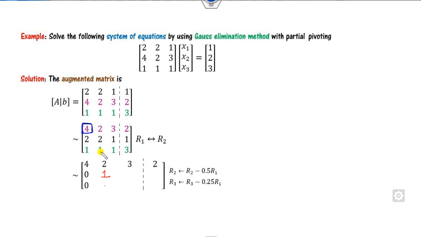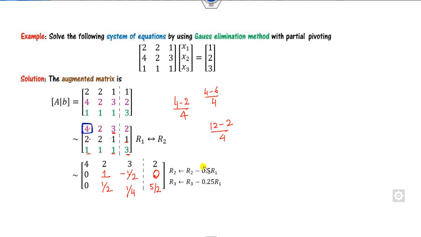Can you find this value? Previous value is 1, 4, 2 and 1. Start from the box element. It is 4 minus 2 divided by the box element. It is 1 by 2. Find this value. 4 minus 6, 4 minus 6 divided by the box element. It is minus half. This value, this value, this value. 4 minus 3, 1 divided by the box element. This value. Previous value is my 1. 4 minus 4, 0. Next value 12 minus 2 divided by 4 is 10 by 4 here.